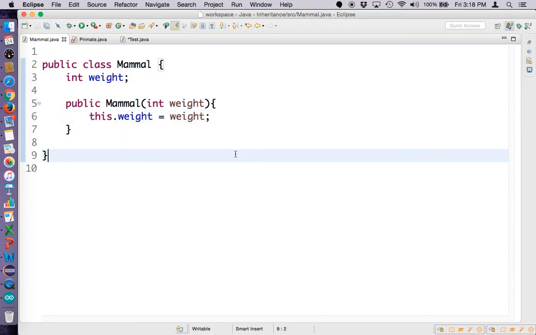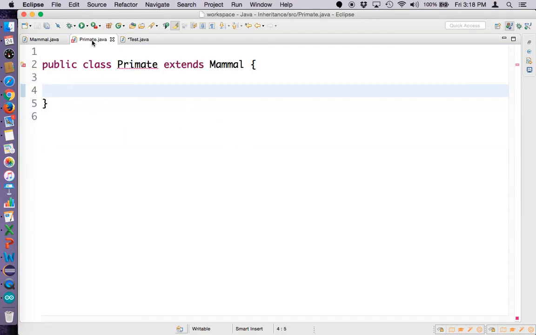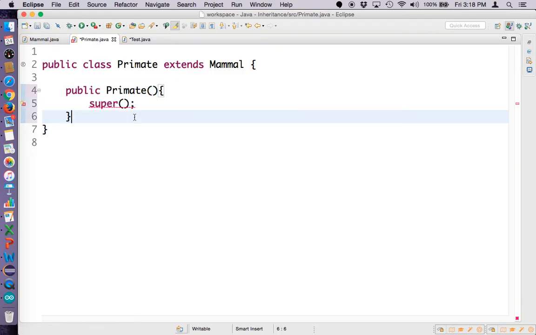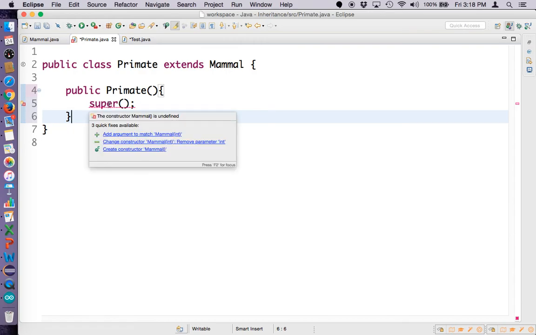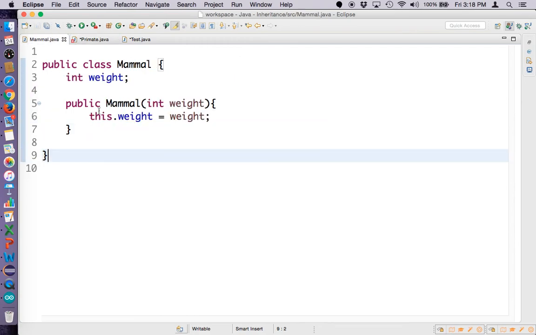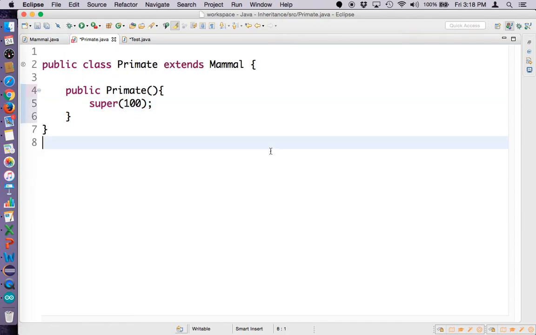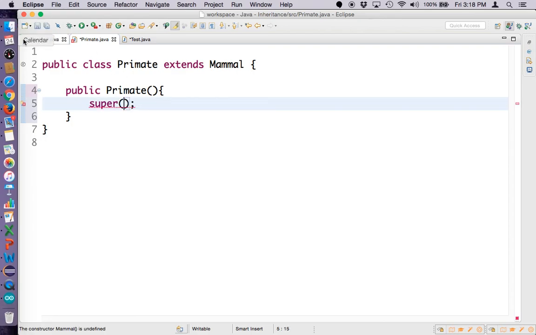Well, just as we thought might happen, there is a problem now. Now, why do you think? So what's written here behind the scenes? Do you remember? It's this. Now, this is what reveals the problem. There's no longer a default super constructor, right? Because this no longer has a default super constructor, we probably have to use this constructor, right? The one that takes a weight, right? So we have to either do this, pass in an int, or